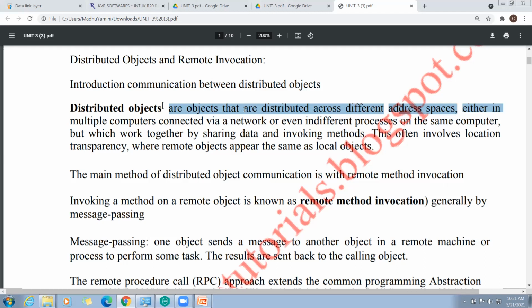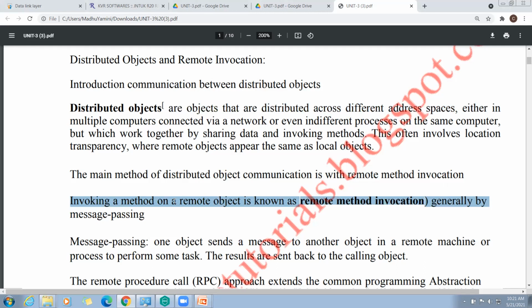That happens through remote method invocation, RMI. Invoking a method on a remote object is known as remote method invocation.